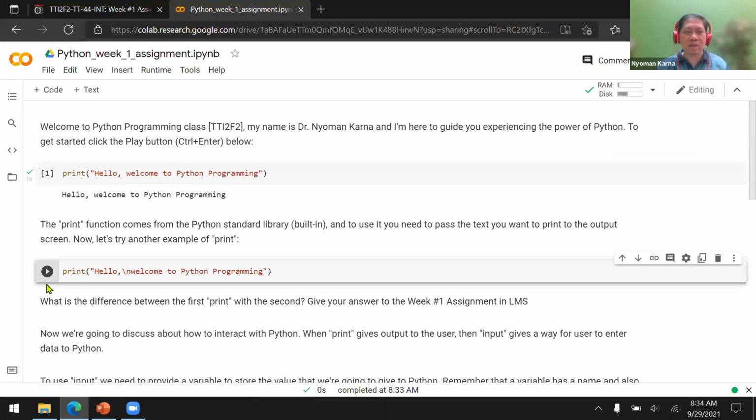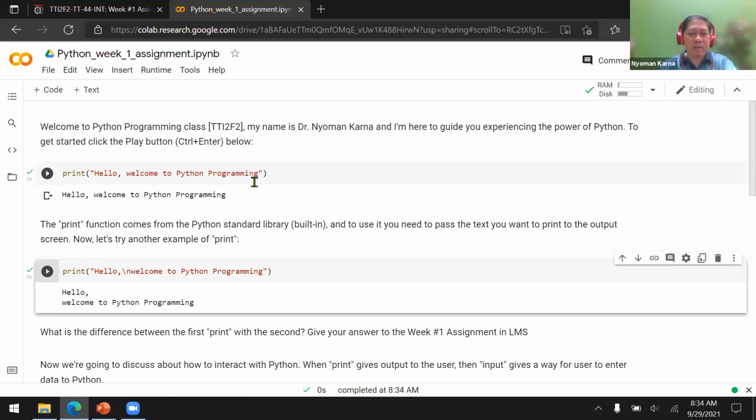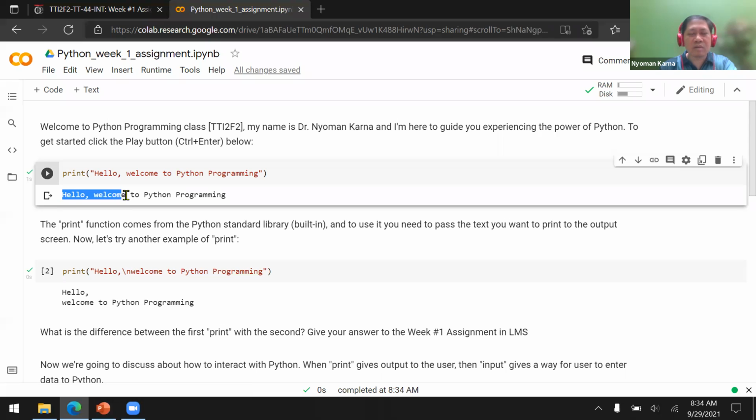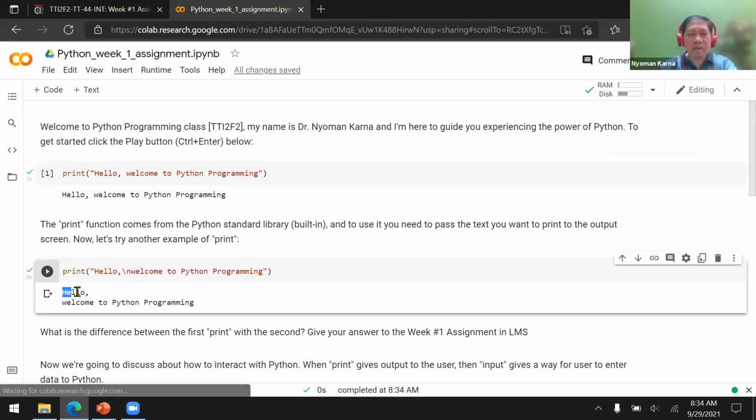Let's run the second code. It gives almost the same output, although in the second example there is a line break, so we create 2 lines of output. The first code only gives 1 line, hello, comma, welcome to Python programming, but the second says hello, comma, and then a new line, welcome to Python programming.